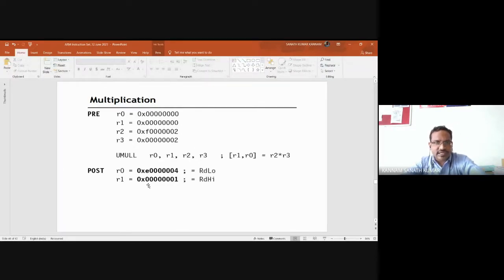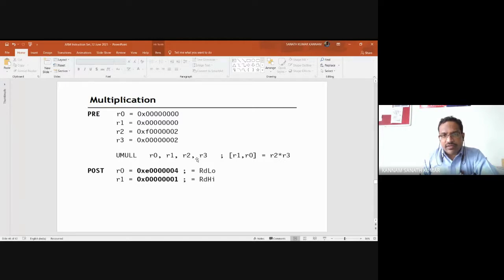So this is unsigned multiplication. Let us consider R0 is all zeros, R1 is all zeros, R2 is 0x F602 and R3 is 0x 602. Unsigned multiplication means it will multiply R2 with R3, but you are getting the result as 64-bit.